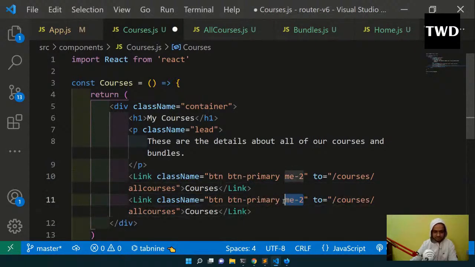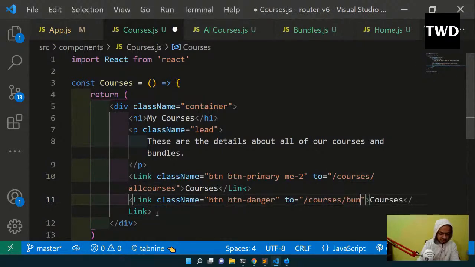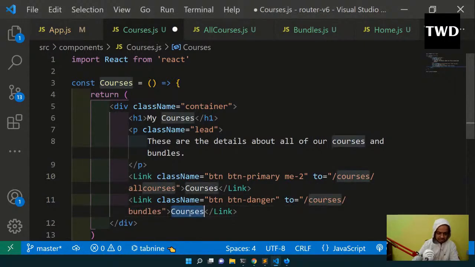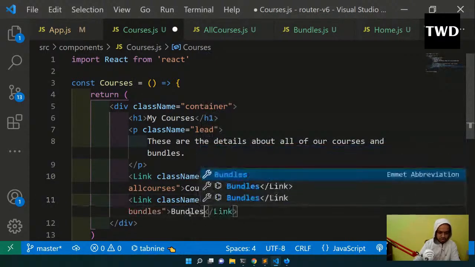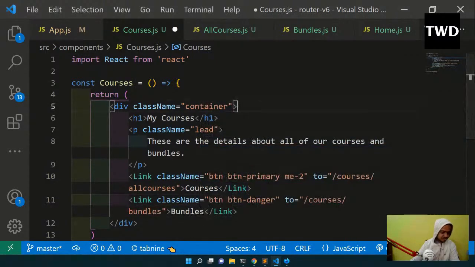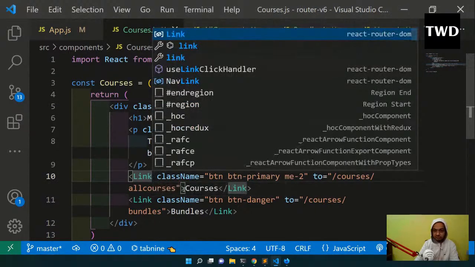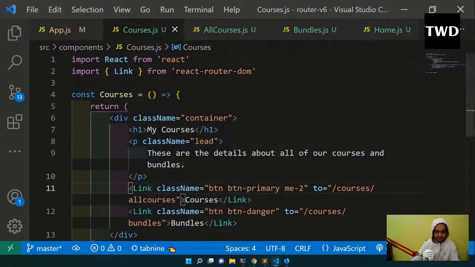This time I don't want this margin and button, I want to change the color, so danger I will do, and courses here, bundles I'll do. Okay, bundles I'll do, and save it. Okay, I have not even imported this link, so Link I have to import from react router dom, save it